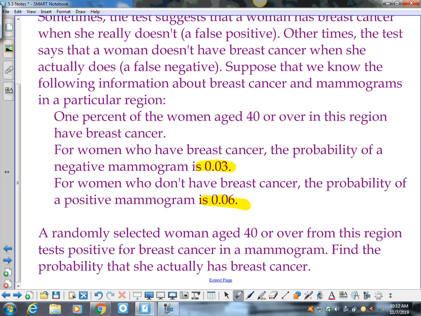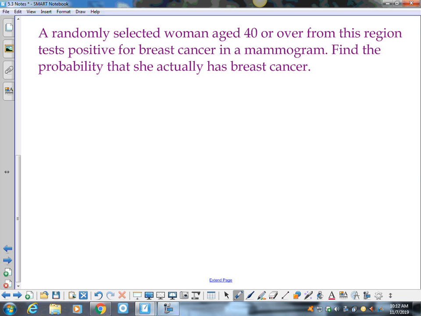Okay. A randomly selected woman aged 40 or over from this region tests positive for breast cancer in a mammogram. Find the probability that she actually has breast cancer. So when you read this, it's not going to say, hey, you need to go do a treat. You need to see this as two events. The first event is either you have breast cancer or the woman doesn't have breast cancer. The second event is getting the test results. Okay? So my first